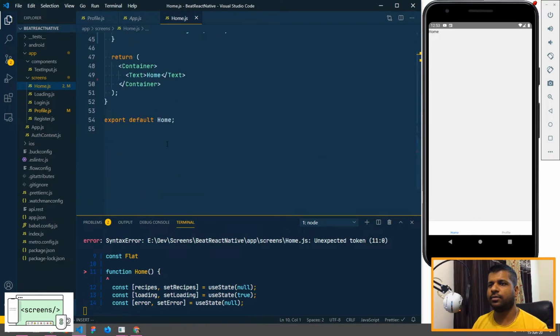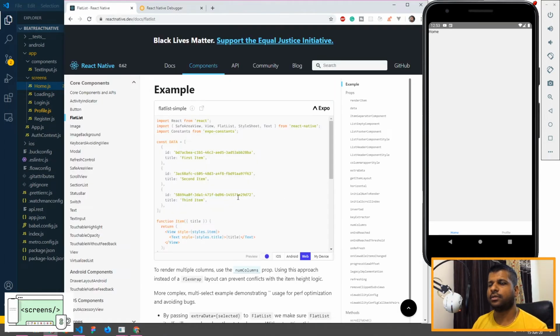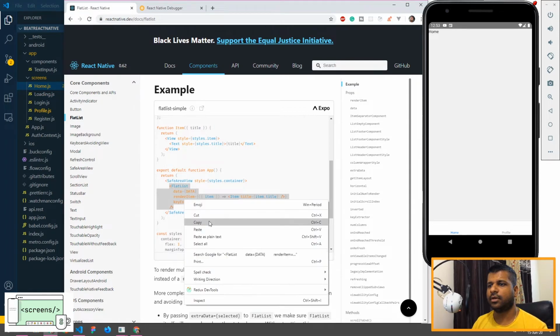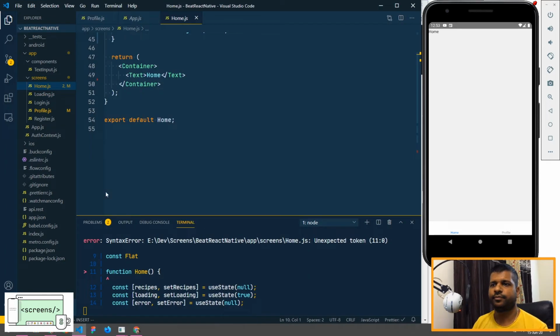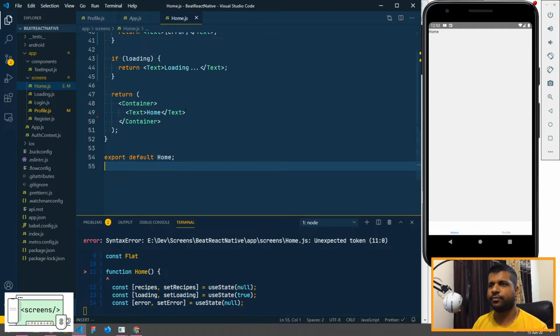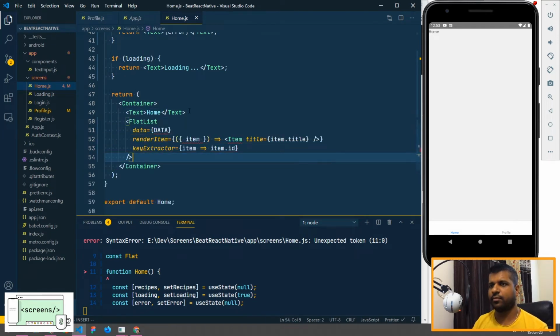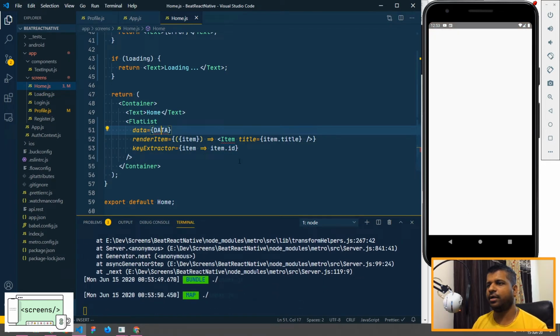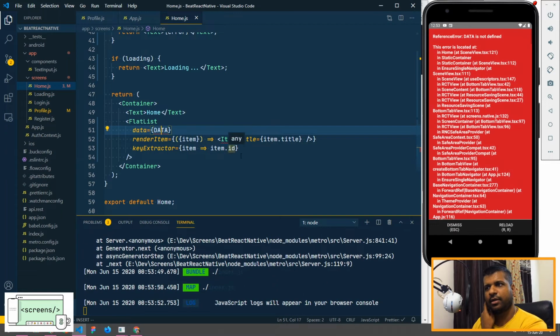So let's go ahead and quickly check out the flat list documentation. I'll just copy paste from here. Okay, so flat list will take data and it will also need an item.